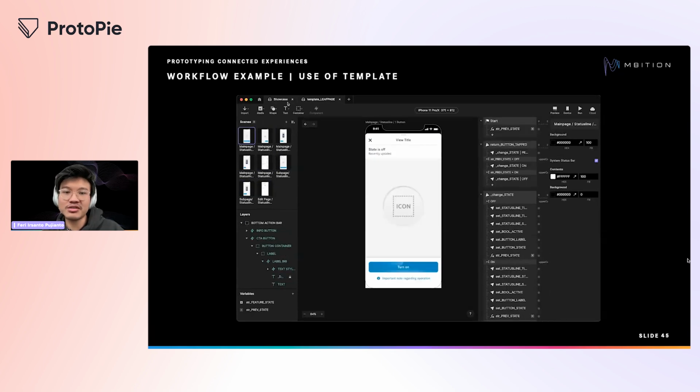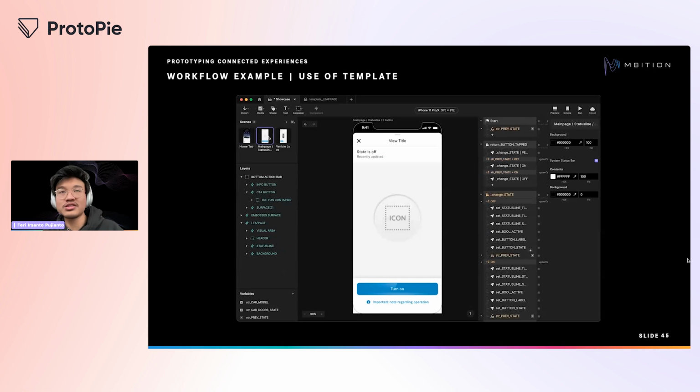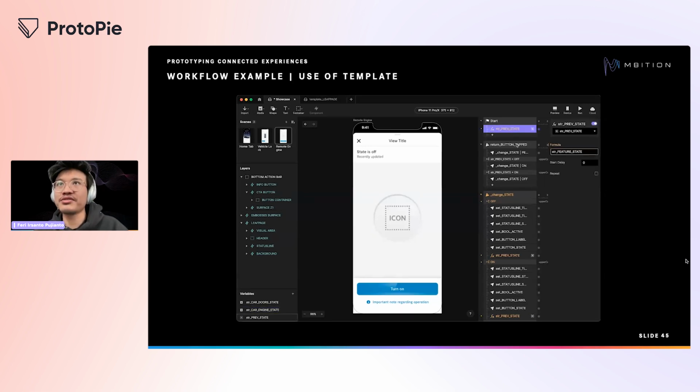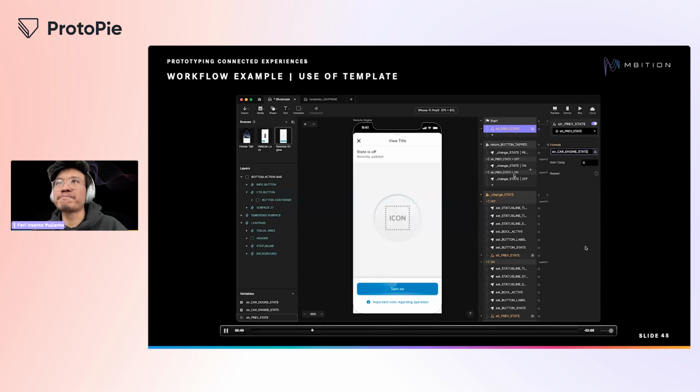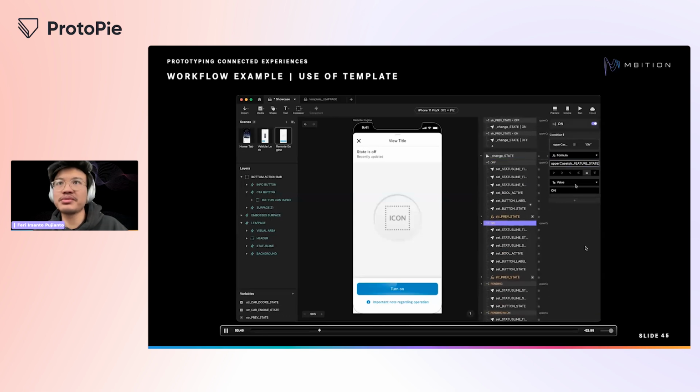So the template not only consists of design layouts, but also logic of basic interactions. And once I've found the right template, I can just copy the scene to my Pie file and then rename everything or replace certain things such as the name of the variables, values being sent and received, wordings, and so on. So here I rename the variables to string car engine state instead of feature state. And I set everything, renaming the variables from the template.